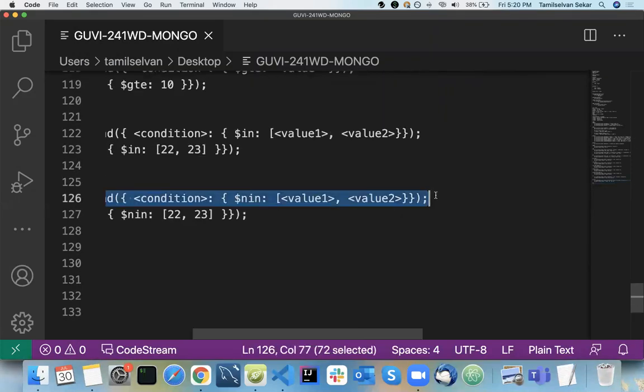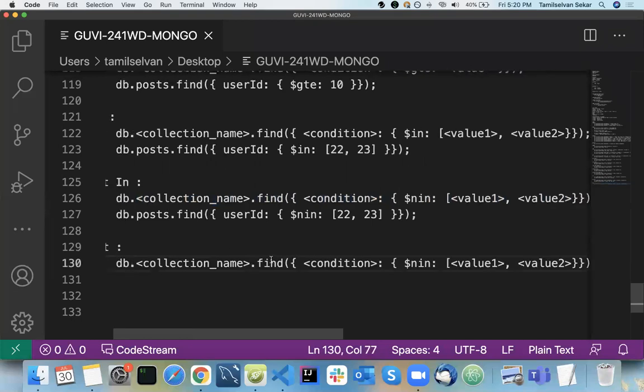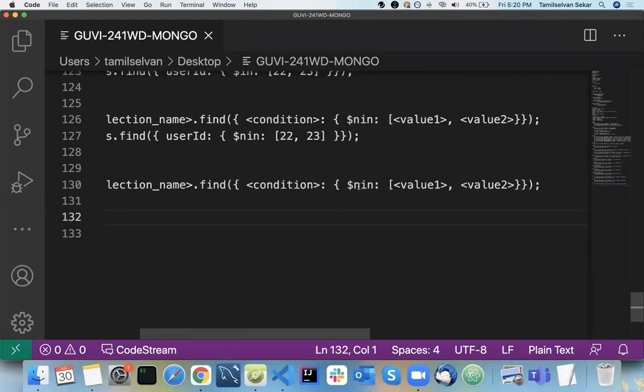So db dot collection. Okay, so you can have any conditions here. Okay, so for example, here, any condition,